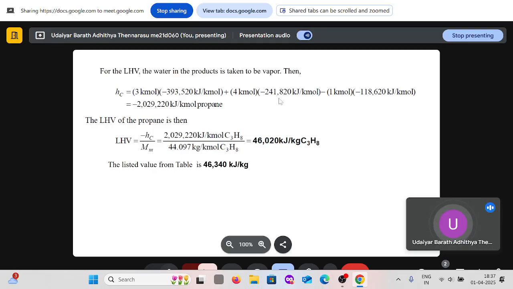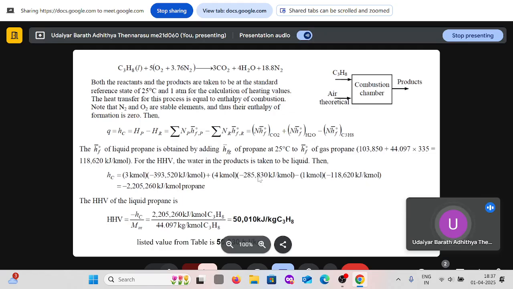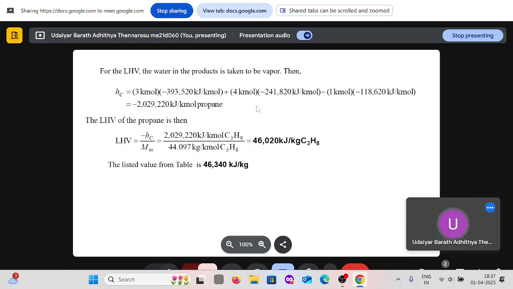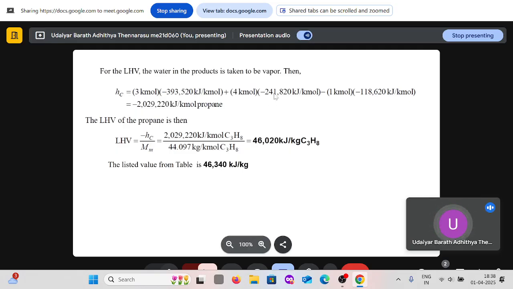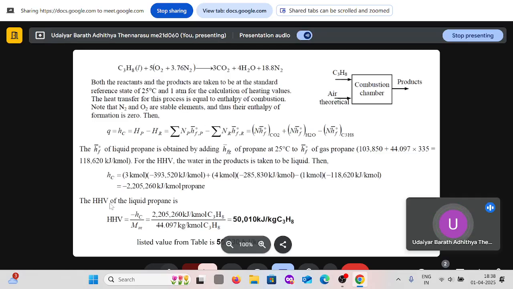In that case, again, the difference in enthalpy of formation is just the latent heat. Here the enthalpy of formation is for liquid form, and here it's for vapor. So we just have to add the latent heat to the enthalpy of formation of liquid, and we will get the enthalpy of formation for water vapor. Again, the other values will be the same, only the enthalpy of formation of water will change. Or we can just straight away add: HHV equals HHV plus the latent heat